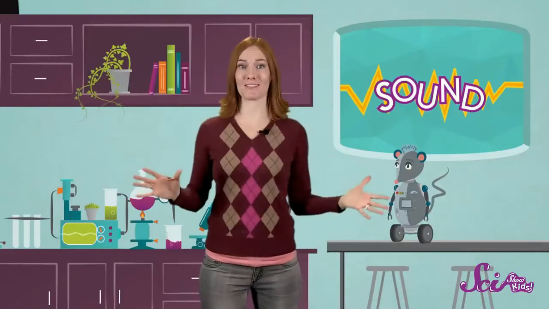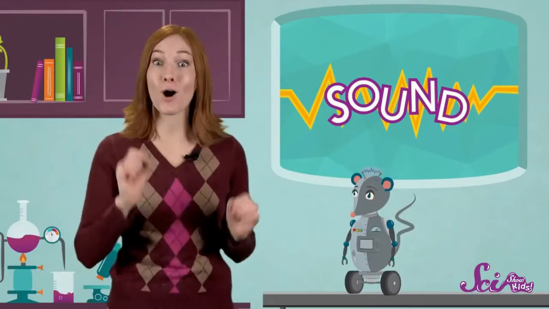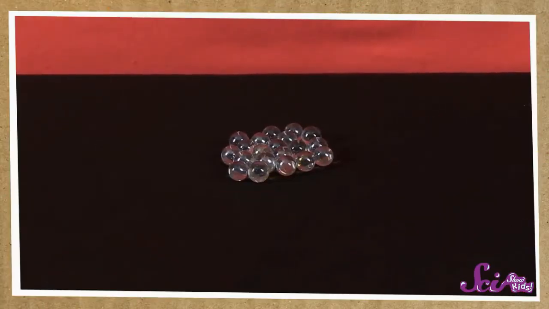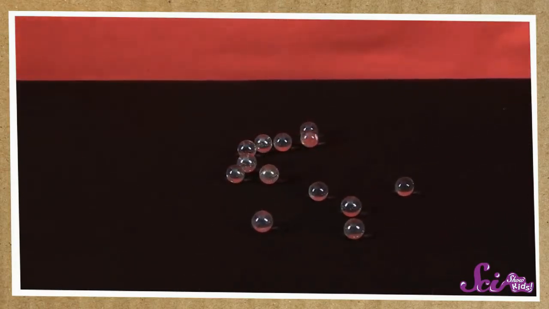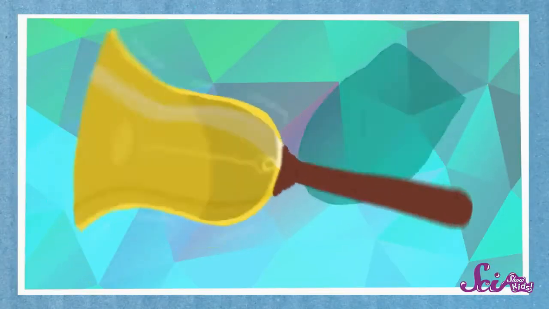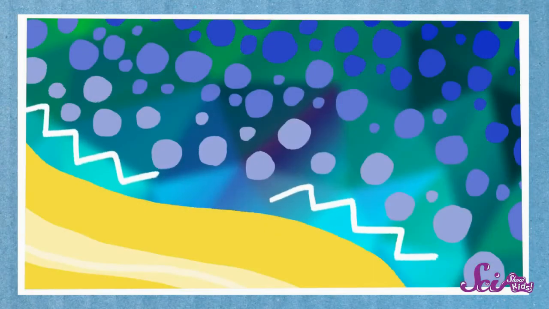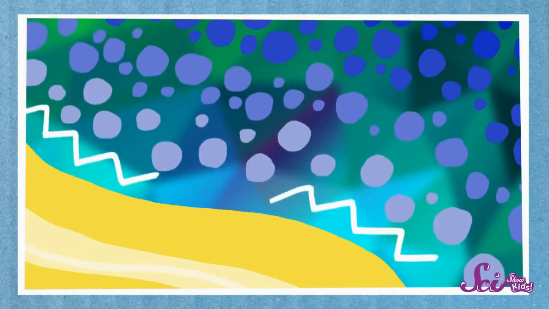So how does sound get from, say, a bell to our ears? The air all around us is made of tiny particles, and these particles are what carry sound. We can use marbles to demonstrate the teeny tiny particles that make up the air. If we put a few marbles together so they're touching, then roll another marble so that it crashes into them, the group of marbles will move. That's kind of what happens with sound. When we ring a bell, we cause the metal that makes up the bell to vibrate really fast back and forth. And the vibration of the bell also shakes up the particles that make up the air around it and makes them vibrate. Then those particles run into the air particles next to them, and so on.